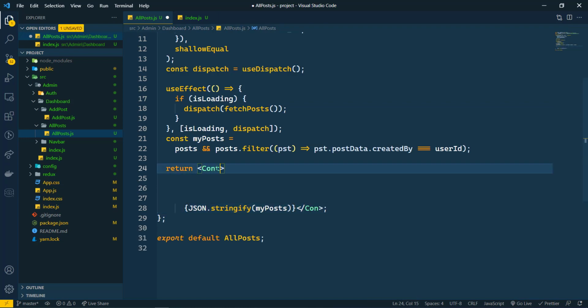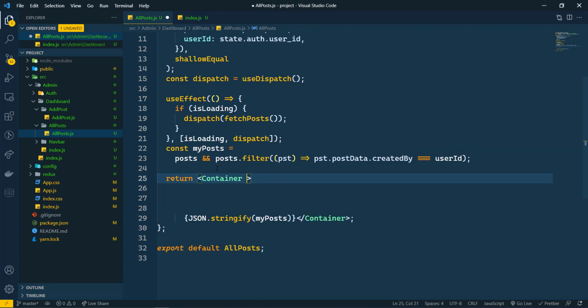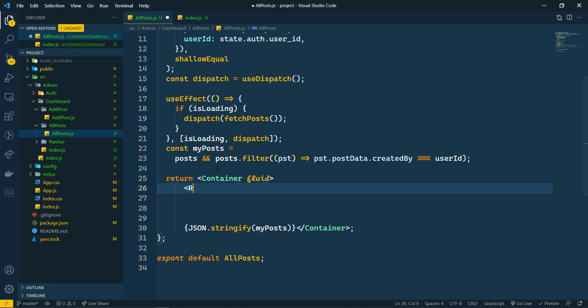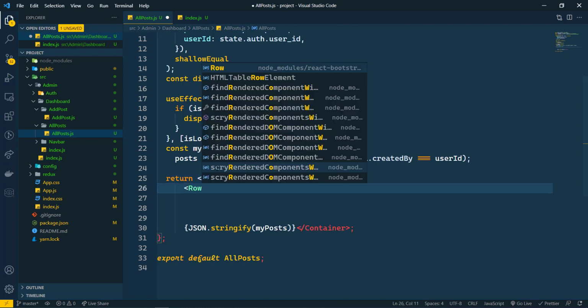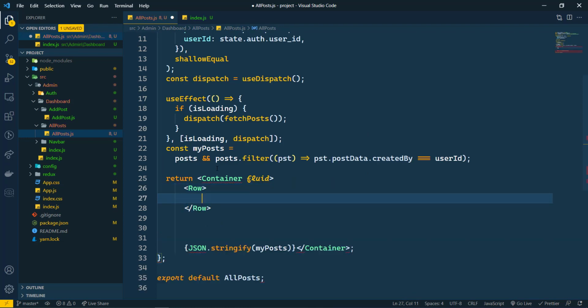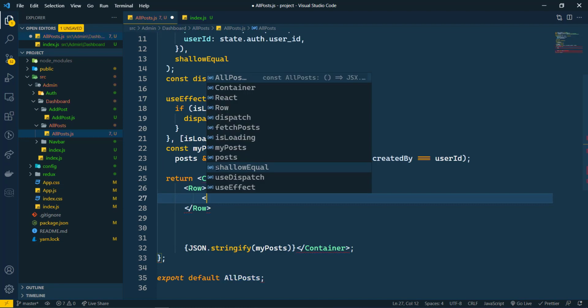Let's create a container first. So Container is imported successfully from React Bootstrap here, and we need it fluid, and then we need the Row here. I'm going to create a Row here, it is imported successfully, and then here we are going to create the column. Actually we don't need a column, so here I'm going to create the Card.